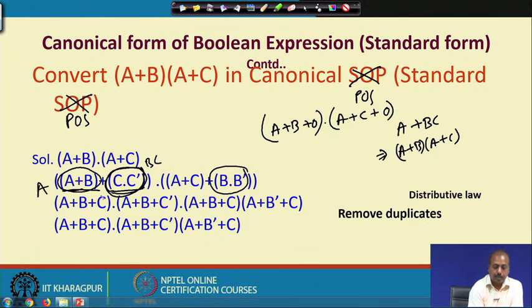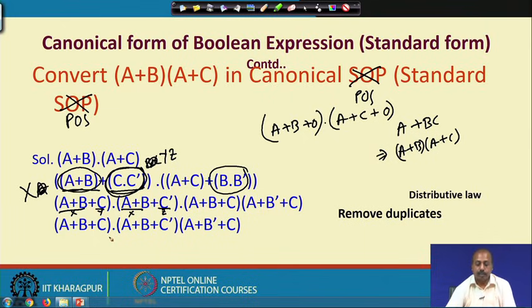So that is A plus B plus C in this case, and we can write it as x and yz better. So this is say x and this is say yz. This part is my x, this is y, and this is z. So you can distribute the thing. Similarly, for the second term also, we can distribute this B bar into the two constituents. Finally, if you remove the duplicates, this A plus B plus C is coming twice. So you can remove them and get it once. This way we can convert the product of sum expression into canonical form.